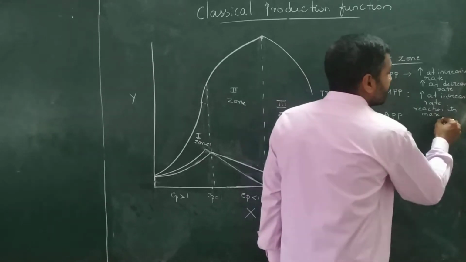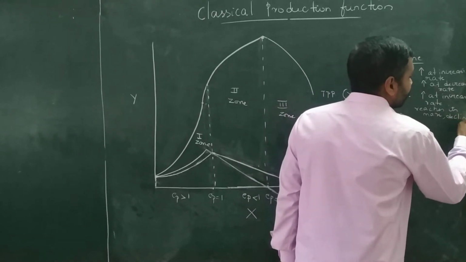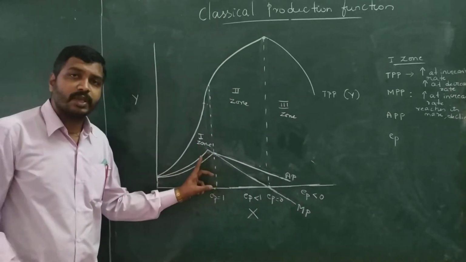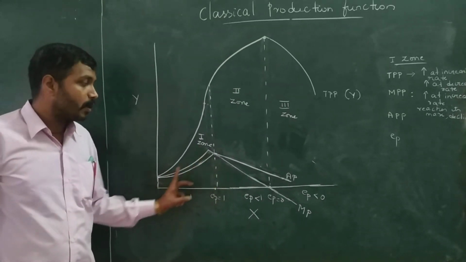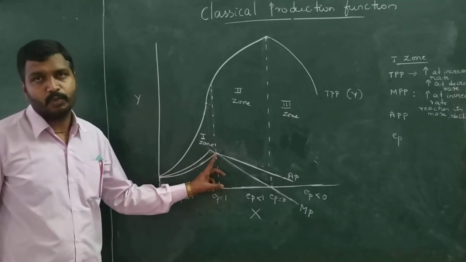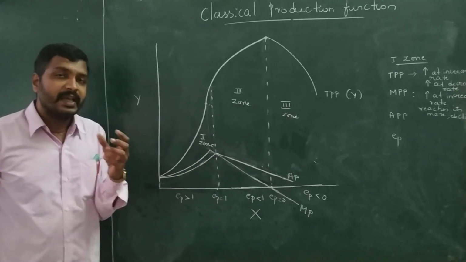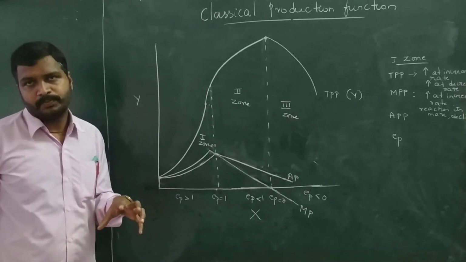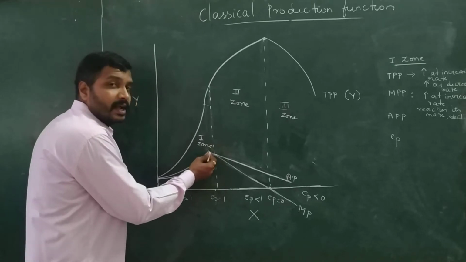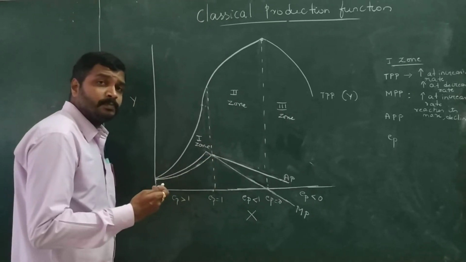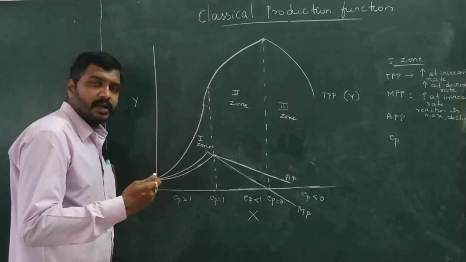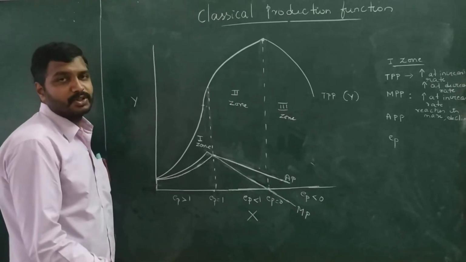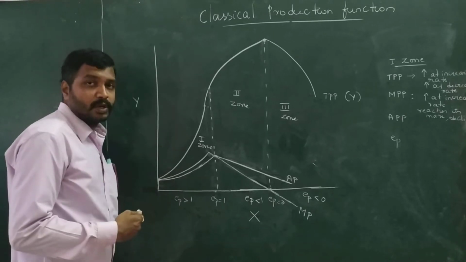Thereafterwards, it starts declining. So it is also a good sign. It is also a positive sign on the part of the farmer because MPP is still positive. If MPP is positive, in the sense, the applied input is going to add something to the output. So it seems to be a positive point on the part of the farmer, that he can think of continuing application of input or production of that particular output.